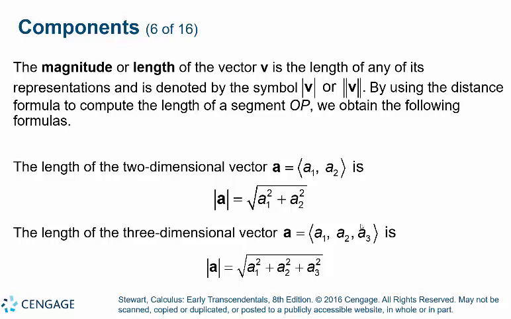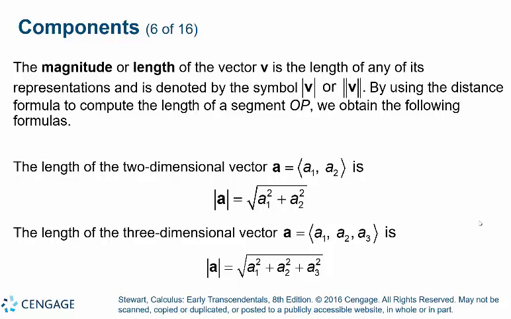Next, I want to talk about the magnitude or length of a vector v. It is the length of any of its representations and is denoted by the symbol |v|. By using the distance formula to compute the length of a segment OP, we obtain the following formulas. In two dimensions, for the magnitude of a vector a, you take its components and square them, sum those squares, and take the square root. Same thing in three-dimensional space: square each component of the vector, sum them, and then take the square root. That will give you the magnitude or